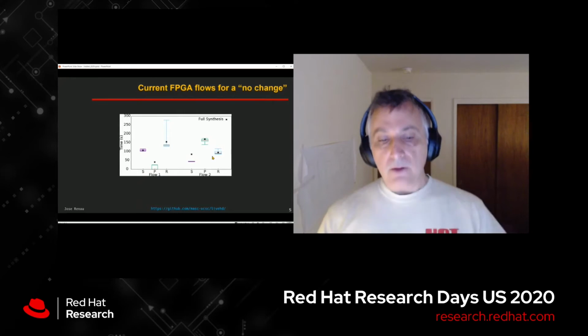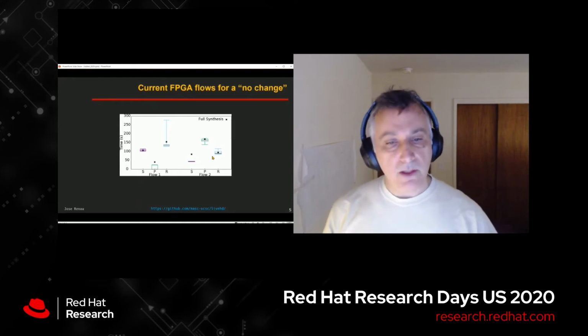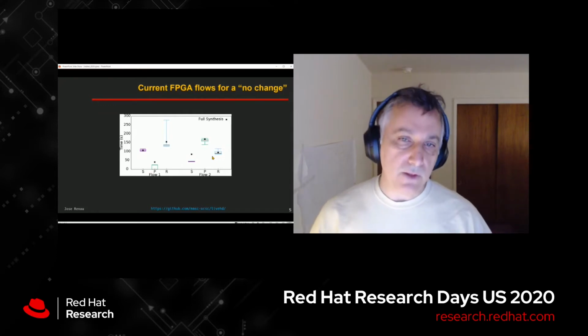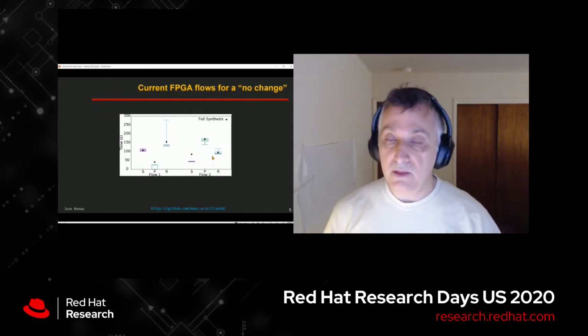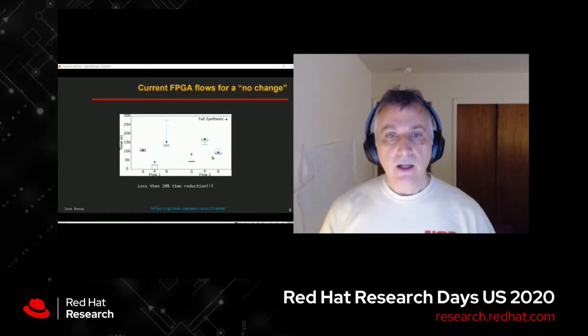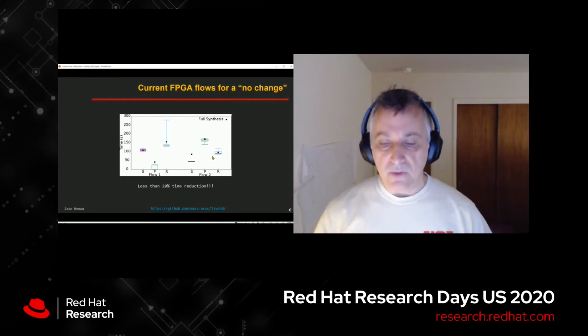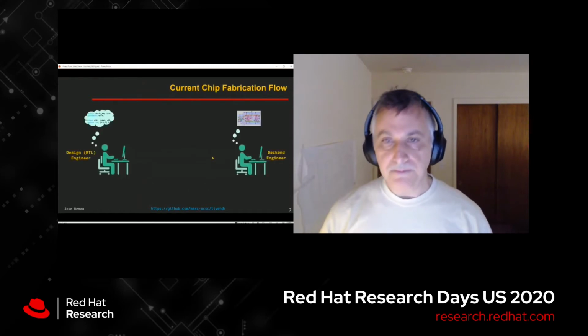That with the best of the best that you can commercially buy now, there is no incremental flow as effective as it should be, because here I just changed a comment. It should be very efficient. So in practice, there is around 20% time reduction for most designs when you start to be big.